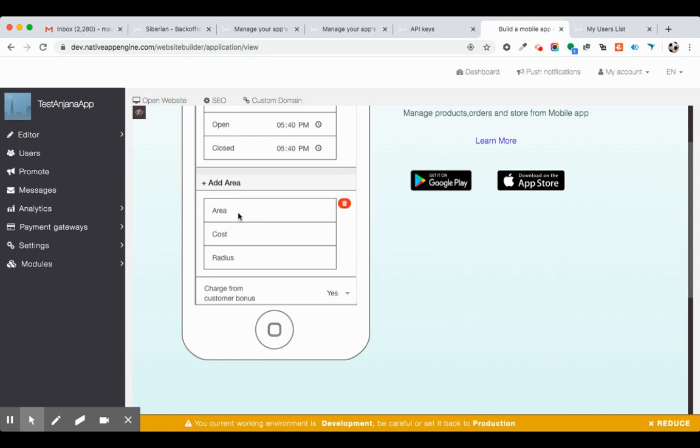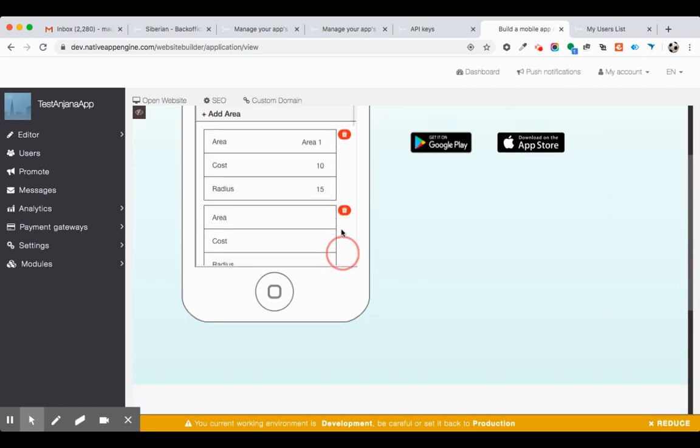Suppose you can give any name, Area 1, and you can mention the cost for that area, and you need to mention the radius. So for this 15 kilometer radius, I want to charge $10 or whatever. And likewise you can add multiple areas.